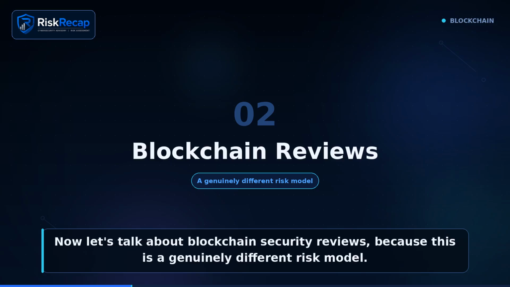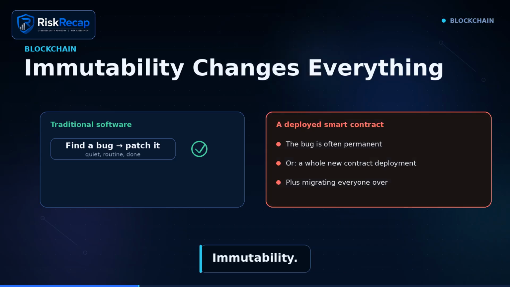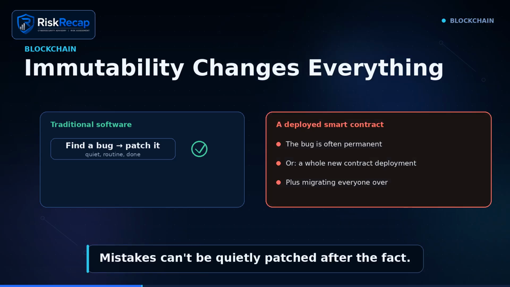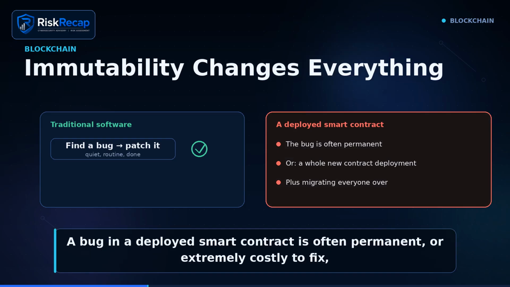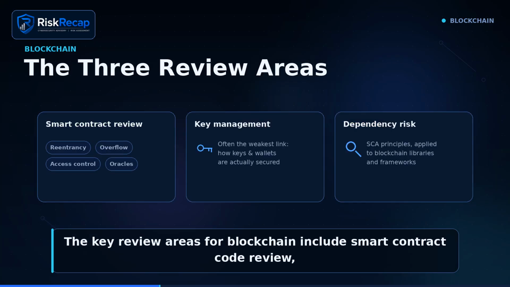Now let's talk about blockchain security reviews, because this is a genuinely different risk model. Why is blockchain different? Immutability. Mistakes can't be quietly patched after the fact. A bug in a deployed smart contract is often permanent or extremely costly to fix, sometimes requiring an entirely new